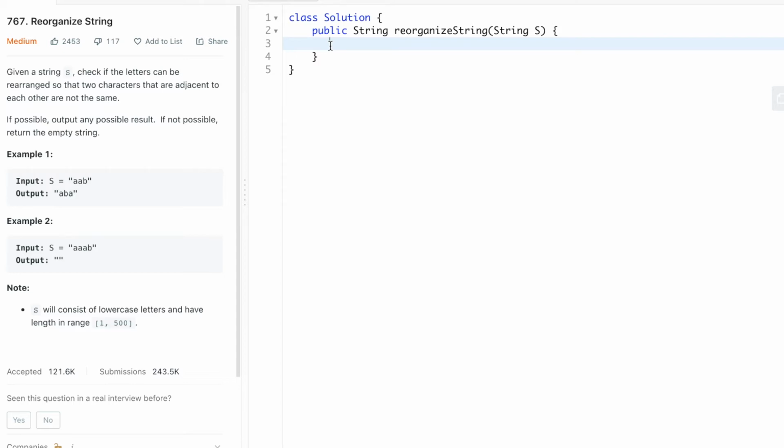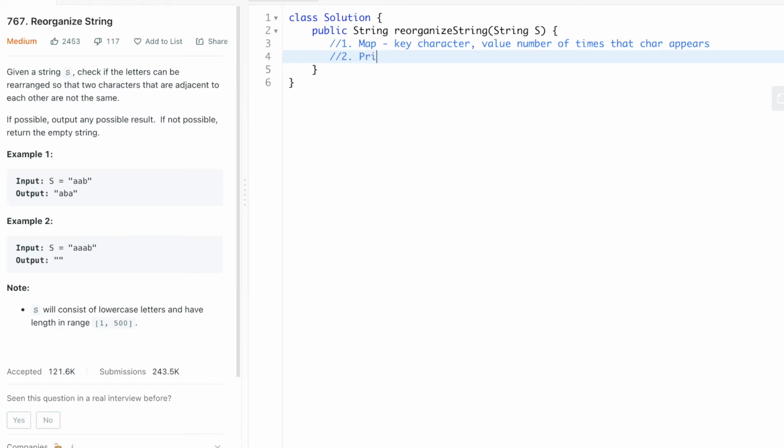What I was thinking of using for this is first a map, and that map will have the key be the character, and the value will be the number of times that character appears. And then the second thing we will do is, after we map all of our characters to how many times it appears in the string,